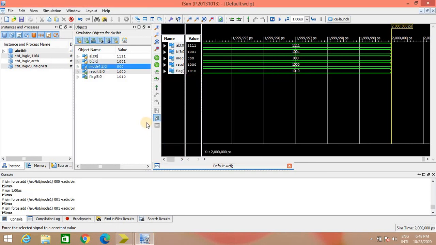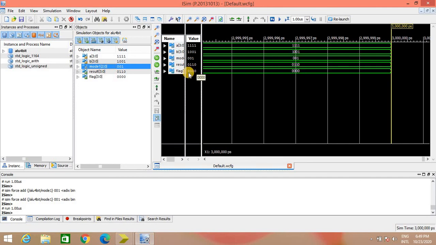If you see, I haven't changed the values of A and B, only the mode. So for the same operands, we have performed subtraction. Now the subtraction is 1 minus 1 is 0, 1 minus 0 is 1, again 1 minus 0 is 1, and 1 minus 1 is 0. So my result is 0 1 1 0.